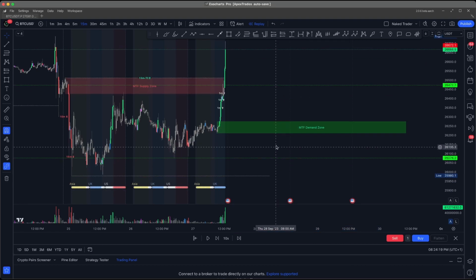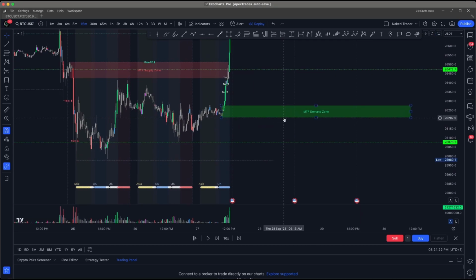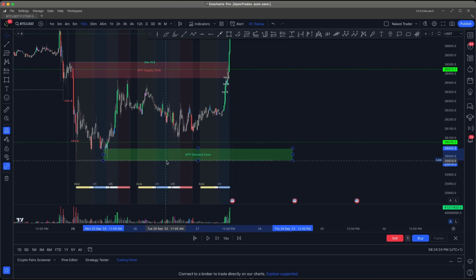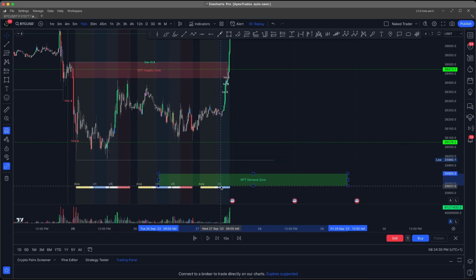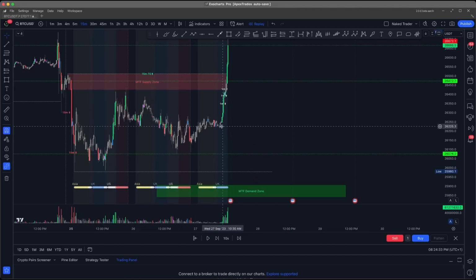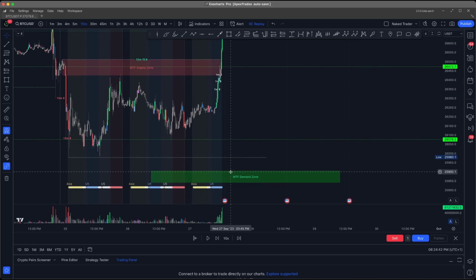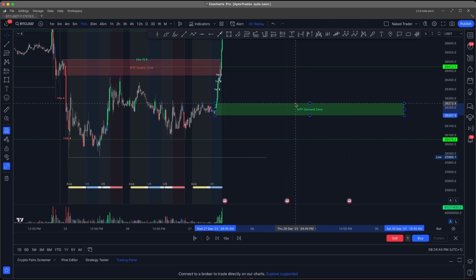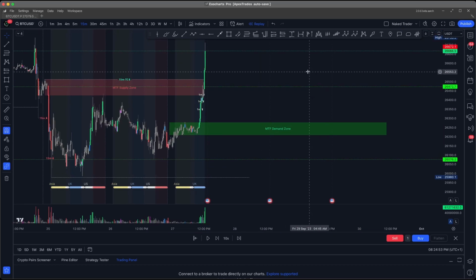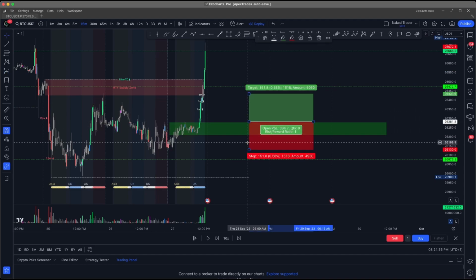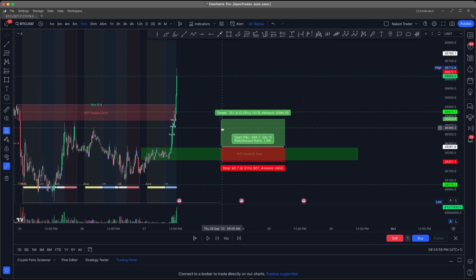So my version would be, well, as sad as it is, I would be more confident somewhere around here, right? The only problem I have with that is it breaks my own rules, because this actually did break the level here with a trend change with enough gusto and imbalances to give me that confidence. So I would say, yes, this is still a valid demand zone, but I would also approach it with caution. I wouldn't just go blind and go, here's my trade, and I'm looking for that 5-1. Even if it happens, right?